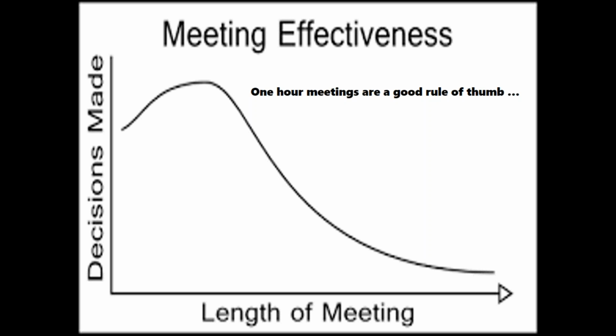So what that means essentially for you is that if you've got key decisions to make in a meeting, those decisions should be made at the beginning of the meeting when people's energy levels are high and they're fresh and ready to go. So my suggestion is structure your agenda around decisions that have to be made early in the meeting. So for example, if you've got people going around the table reporting, I would probably suggest that you do that towards the end of the meeting.